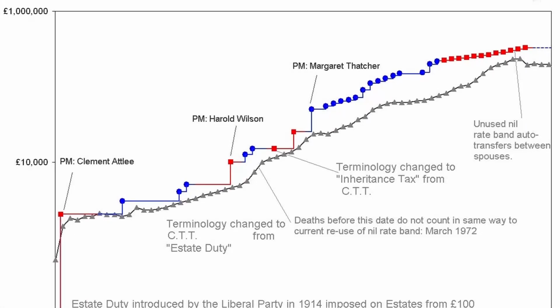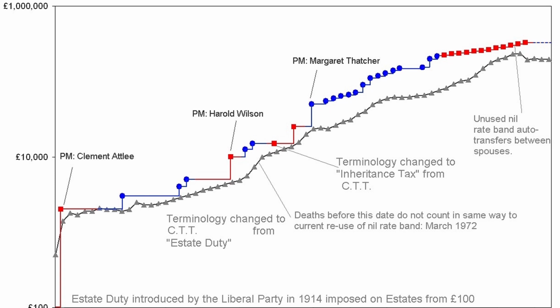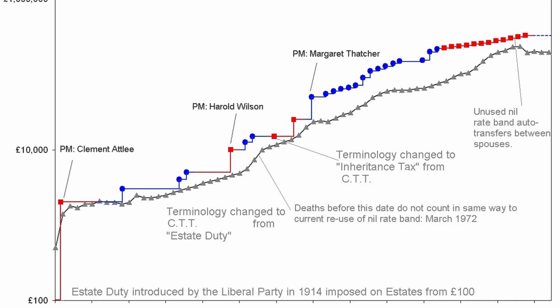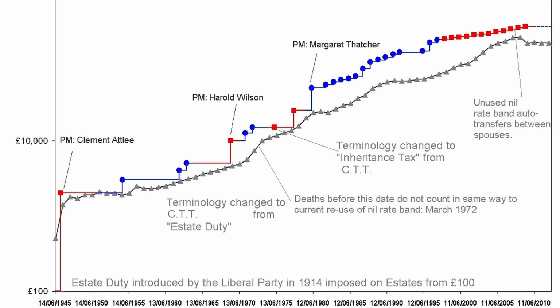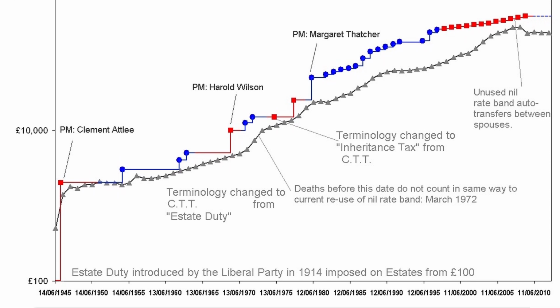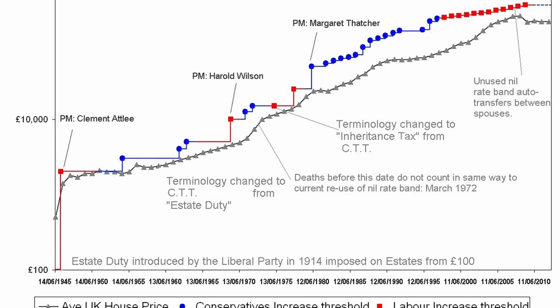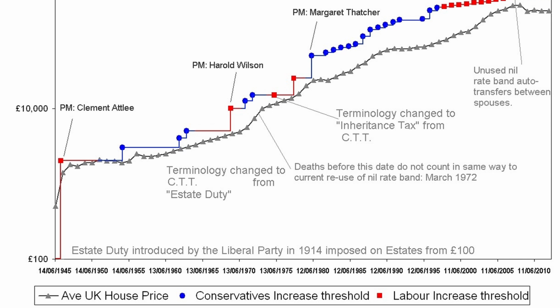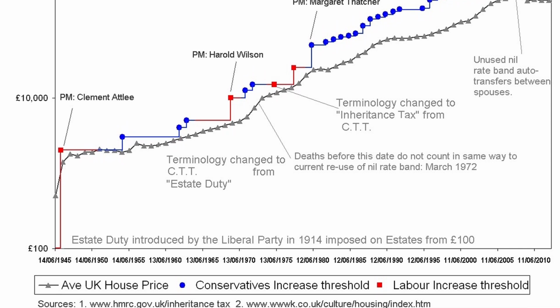You got it. And just like the regular nil rate band, this benefit doubles for married couples and civil partners. So potentially, a couple could pass down a home worth up to £1 million without incurring any inheritance tax. £1 million. That's incredible. It sounds like the R&RB is a real game changer for families looking to pass down